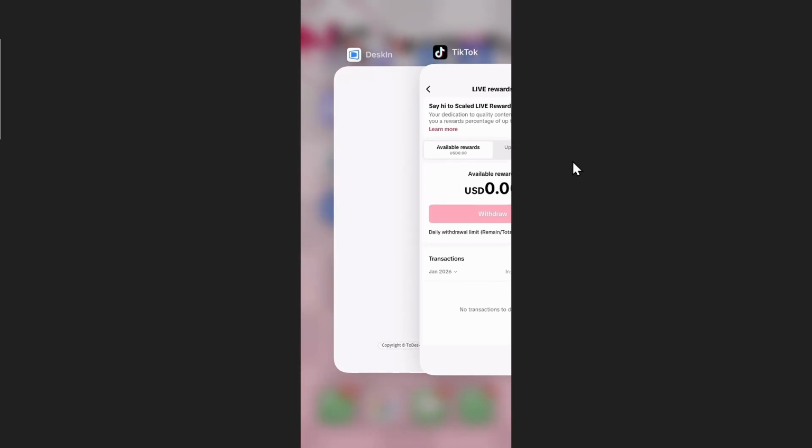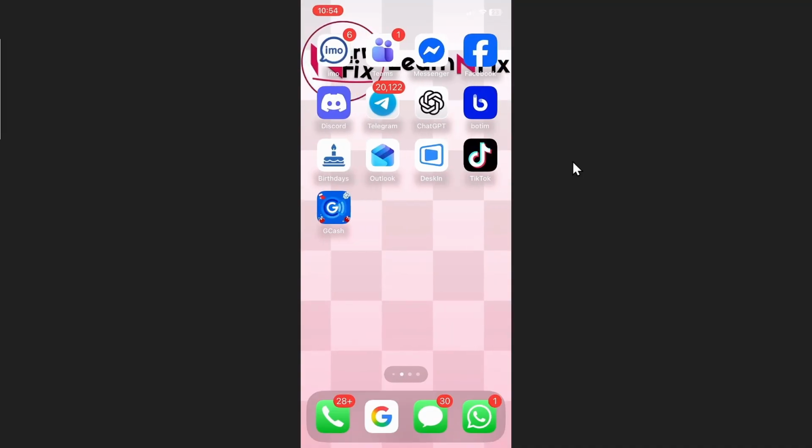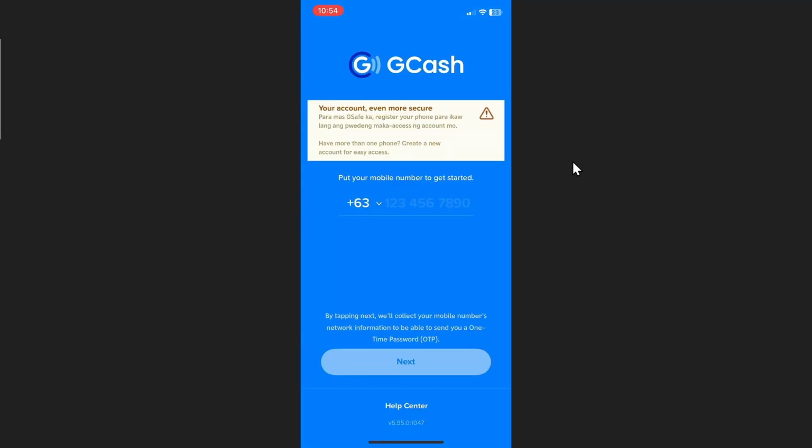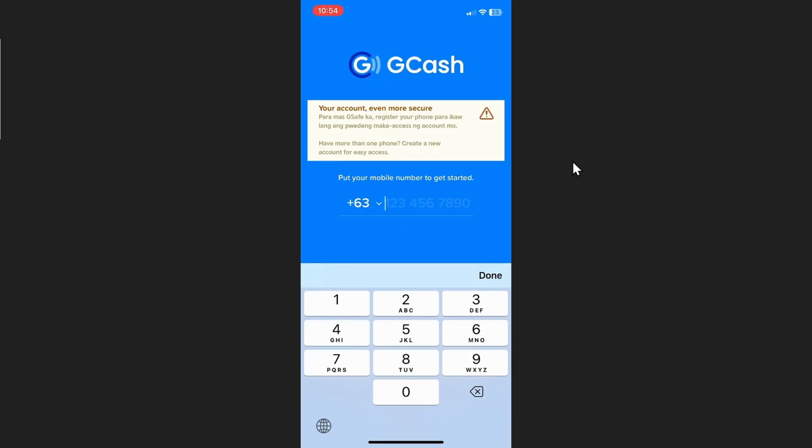So I'm gonna go out here. So as you can see, I have the GCash app. This is the phone wallet for Philippines, and just click on it. Right now I don't have an account for it as well, but you should be able to convert your PayPal money to GCash by clicking on a tab called Cash In,